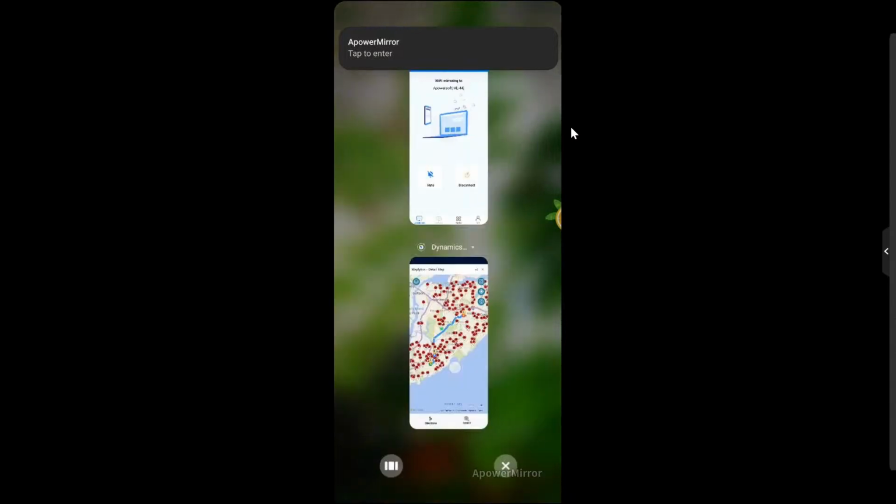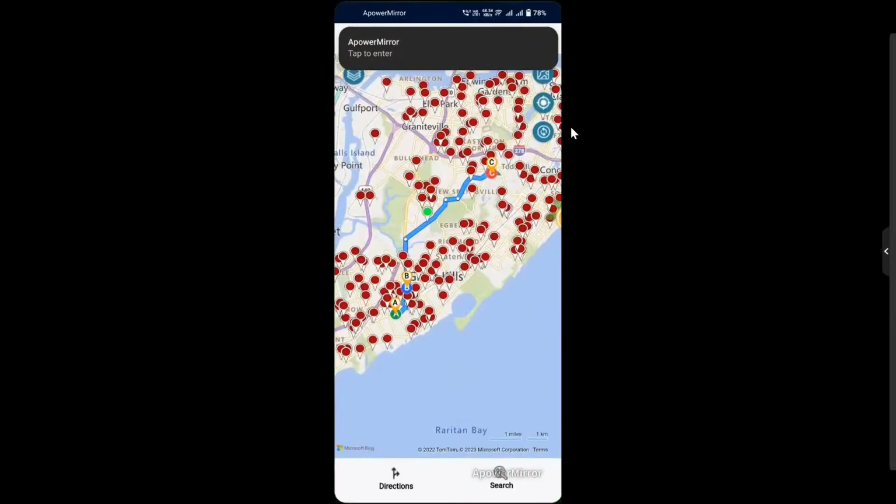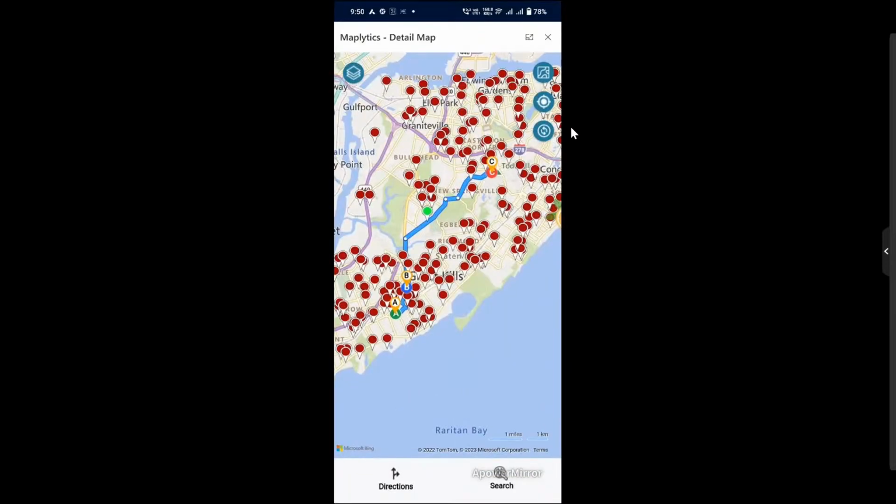In that case, you will be able to use those locations as the default locations in the settings. While you are creating the route for yourself, those locations will be fetched by default on this map. So you can see that the two locations have been fetched over here, and